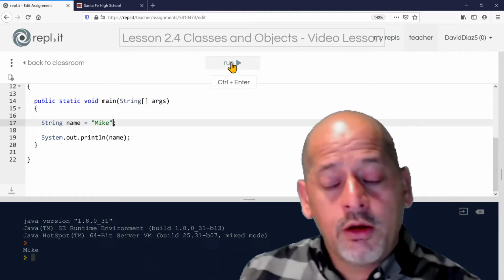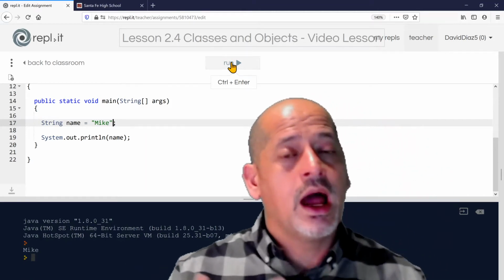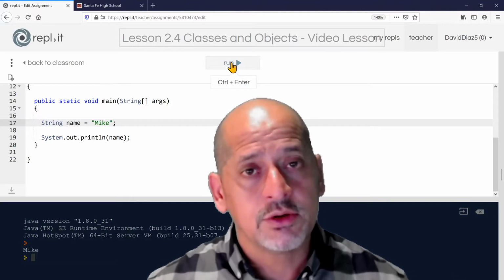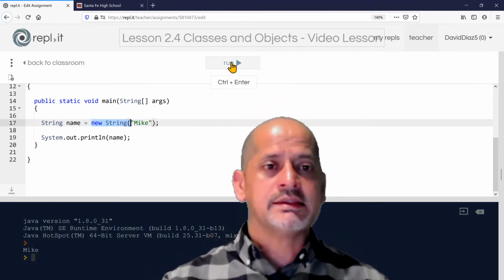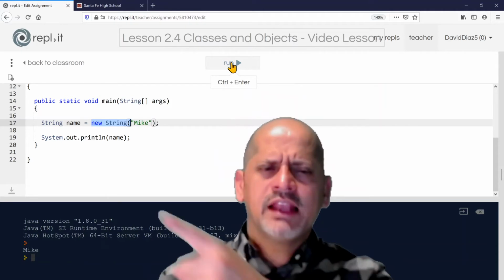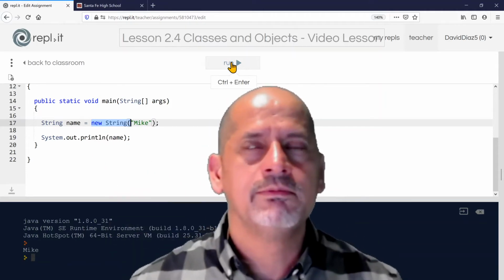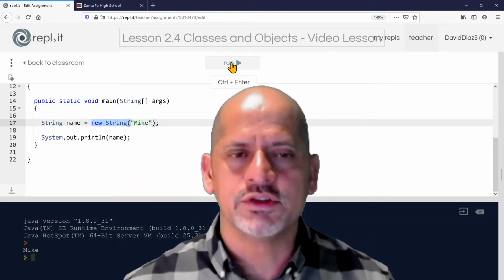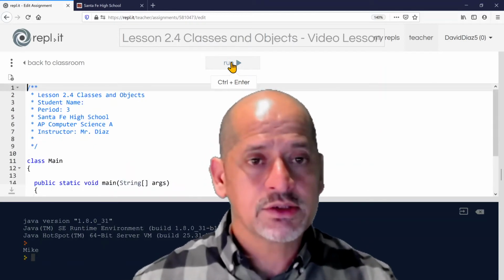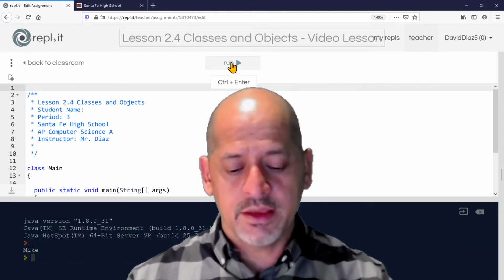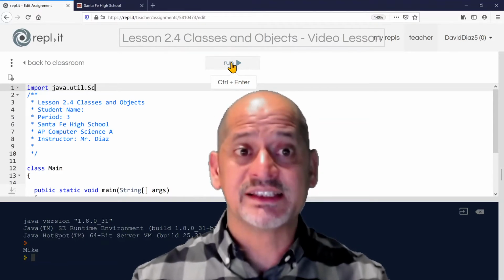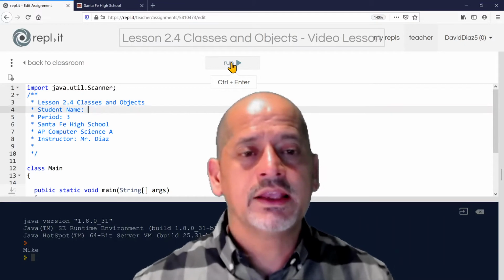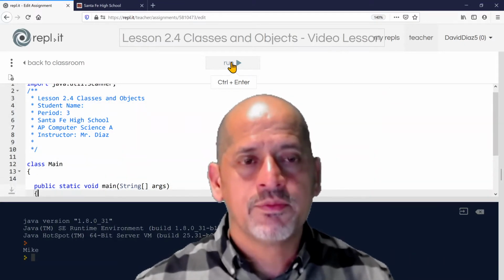But the proper way of creating an object of a class, or a reference or an instance of a class, is the following. And does that look familiar? Have we used that before? Yeah, we have. When have we used it? We've used it when we did the import java.util.Scanner class, correct? That is when we actually have used